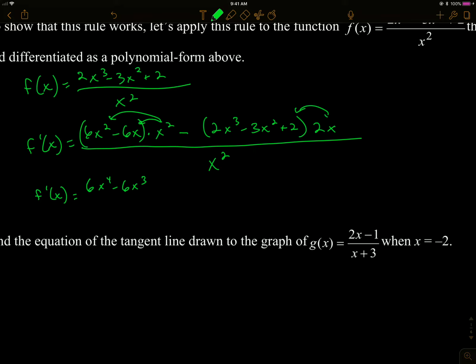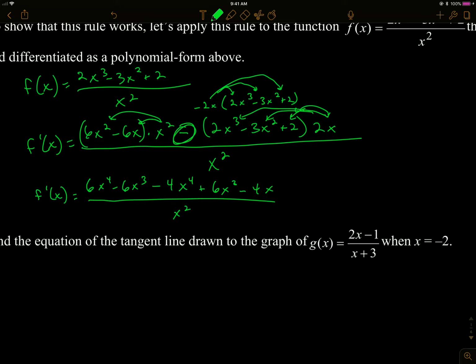Here I'm going to switch these as well. So I'm thinking of this as negative 2x times 2x cubed minus 3x squared. When I do my distributive property, it's a little easier that when I distribute this 2x, I'm also distributing that negative sign with it. So it's easier to look at it how I wrote it up here above. Even if you don't rewrite in the future, it's just good to have that mental picture of what's going on here. So I get minus 4x to the fourth plus 6x to the third minus 4x